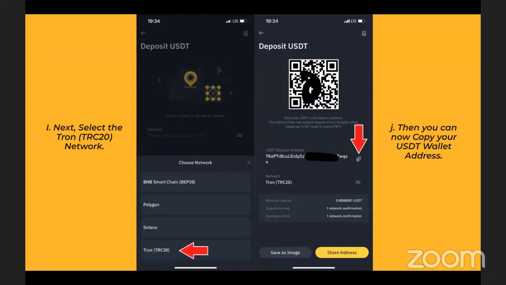Another reason why we say you should open up this USDT wallet address now is by the time you're opening an account on our website to purchase your trading bots, by the time you open that account, you will also automatically get an affiliate account. Meaning that if you refer somebody to our platform, and we want to pay you commission, we are going to send your commission to this address and you get the money straight inside your Binance. So that is another reason why you need this wallet address.